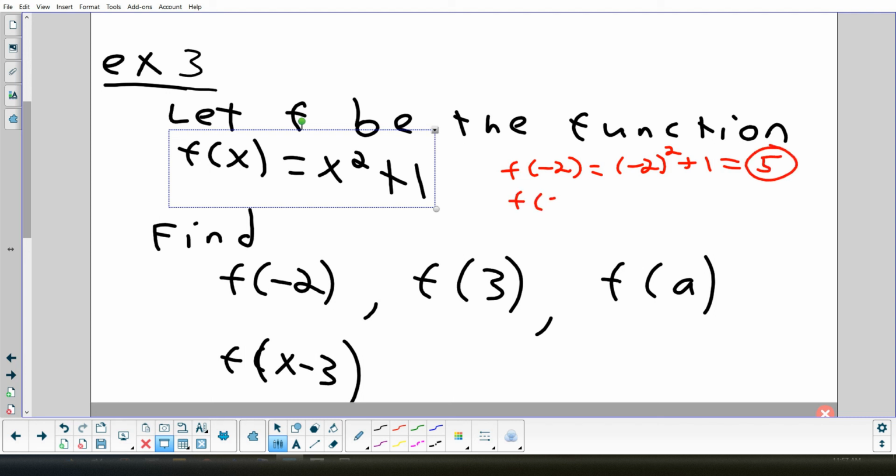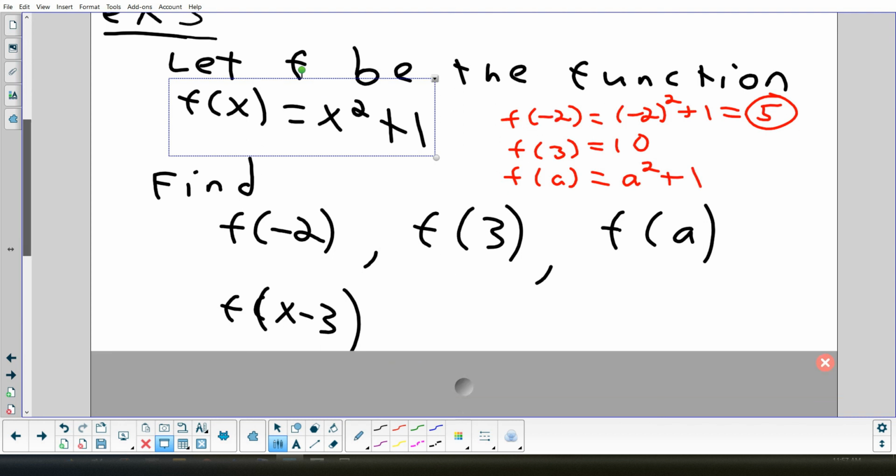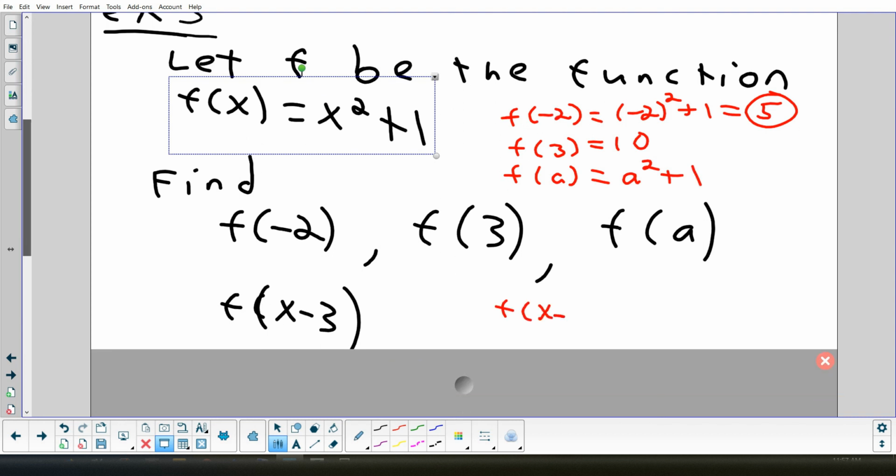How about, we'll probably do this one without even writing it. What's the value of the function when you plug in 3? 10. What's the value of the function when you plug in a? You can't do much with it, a squared plus 1. The value of the function when you plug in x minus 3. Well,